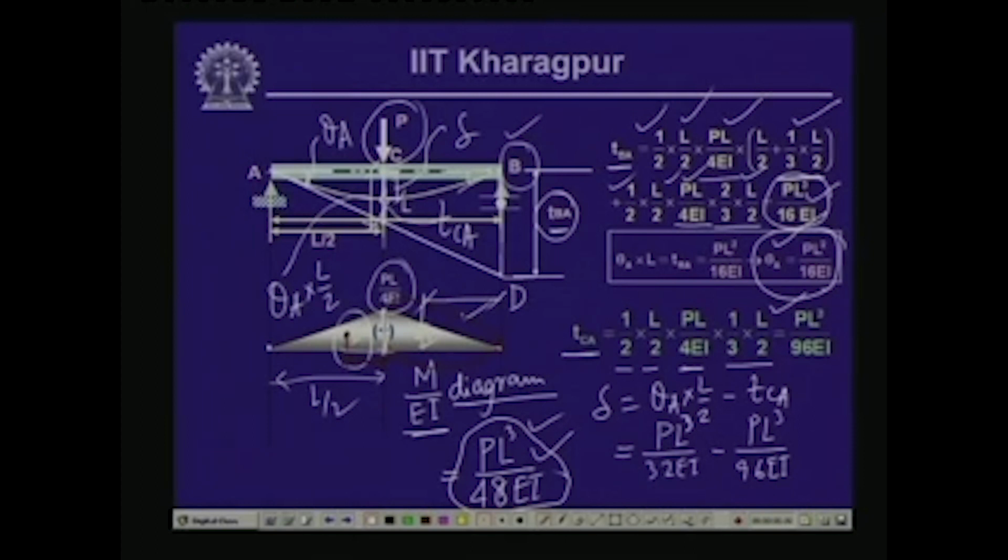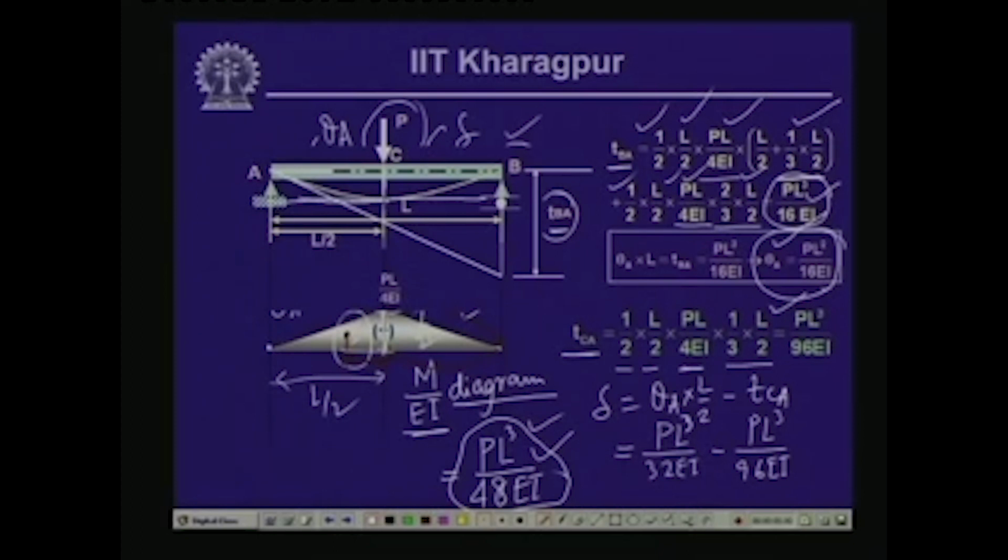Now, if we draw a tangent at the center point of this beam, the tangent at this point of the elastic curve is horizontal, and as we had said, this gives us the maximum value of the displacement or the deflection, where the tangent to the elastic curve is horizontal. Now, if we take the tangent at the central point and draw it up to this,